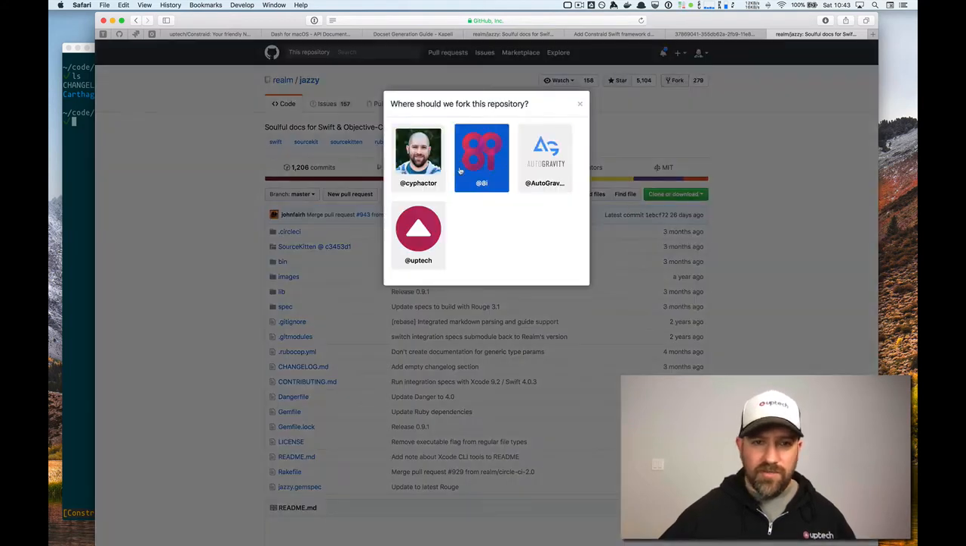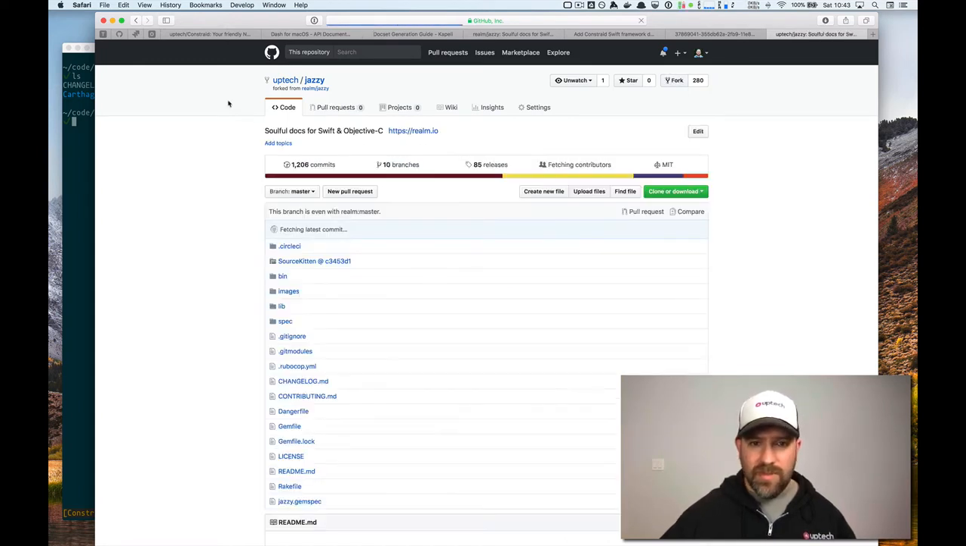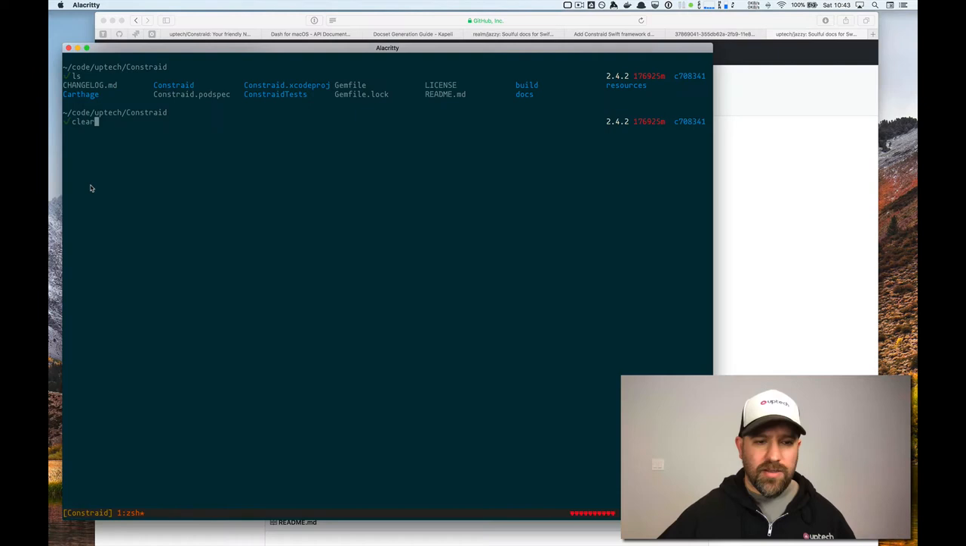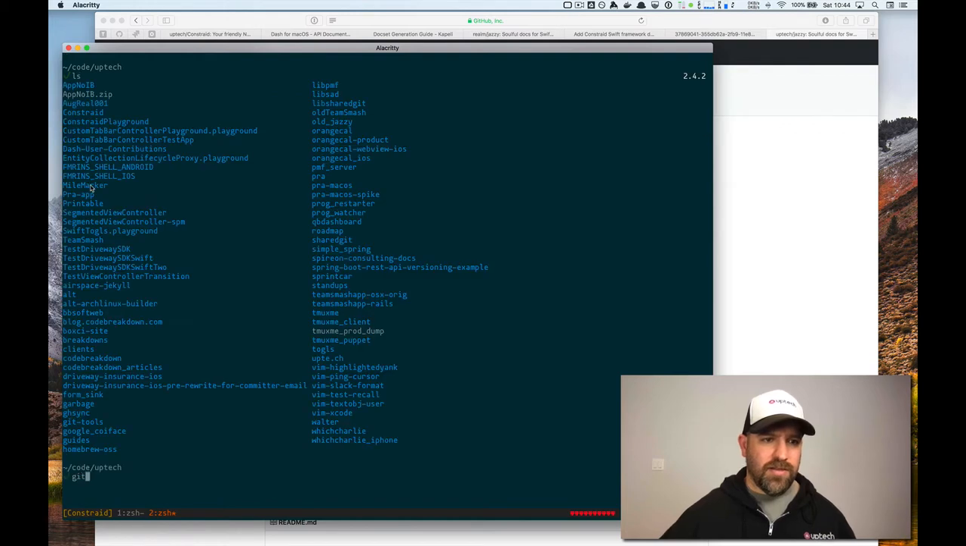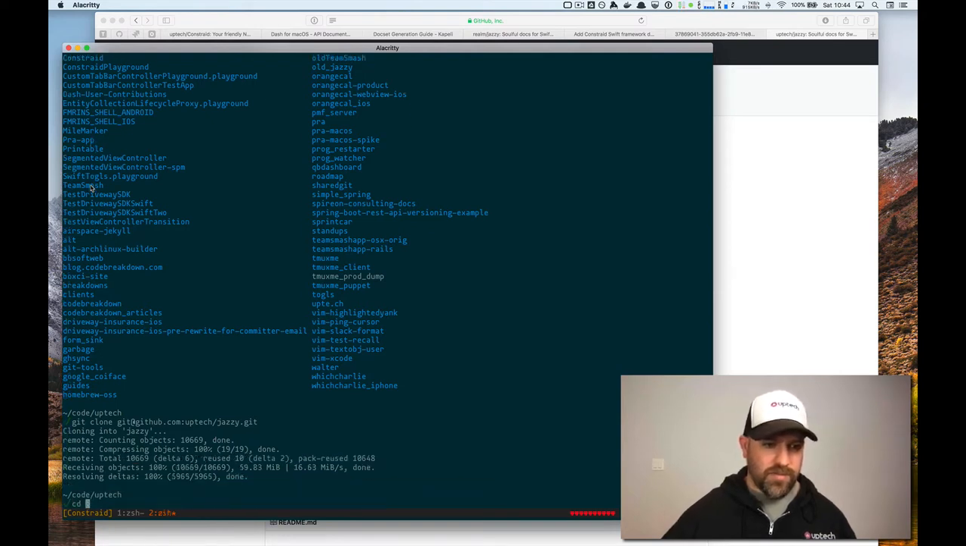First thing is fork it. I'm going to fork it to UpTech. So now let's get the URL and then create a new tab real quick. cd dot, git clone. All right, so